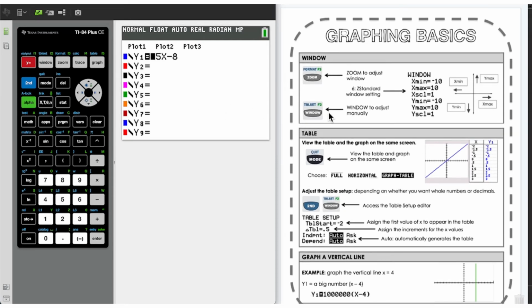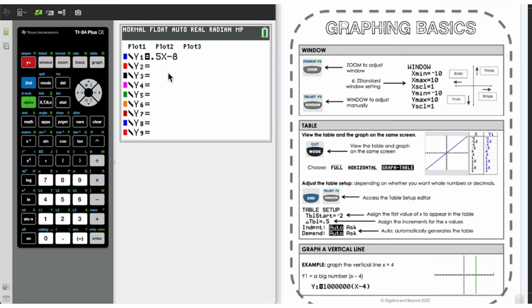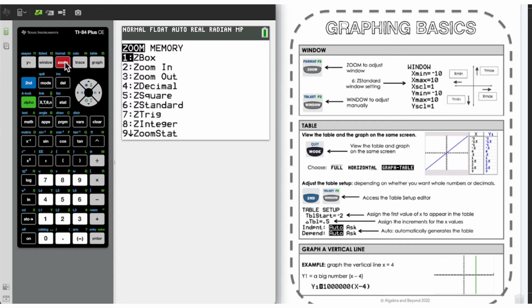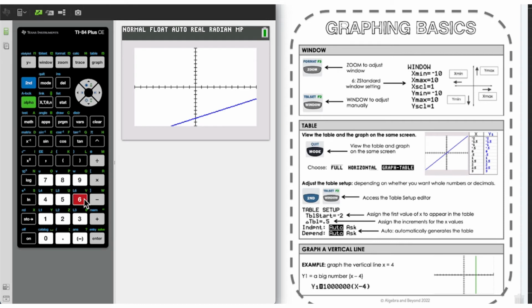When your student types in an equation to graph, they type it in, then they click graph, and sometimes I've noticed students say all the time, my graph, it's not there, I can't see the x and y intercept. Sometimes the window settings do get a little off kilter, so we need to quickly see if we can just do a standard setting to see if we can see the full graph. So if we go to zoom, the best one to choose is 6 standard, okay? And now I can see at least the